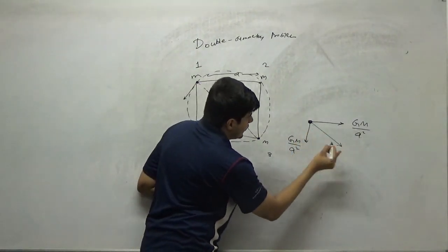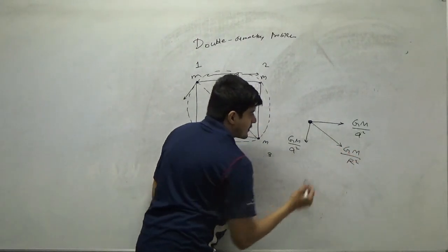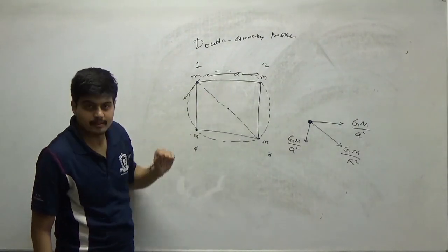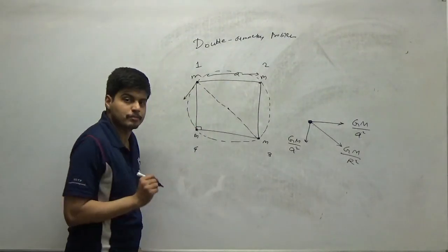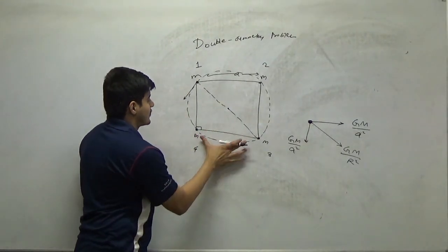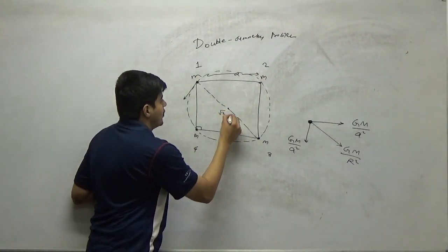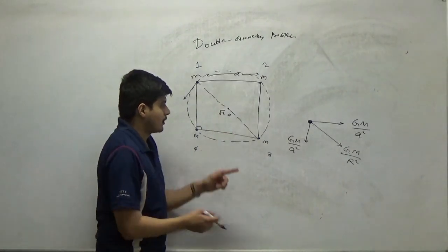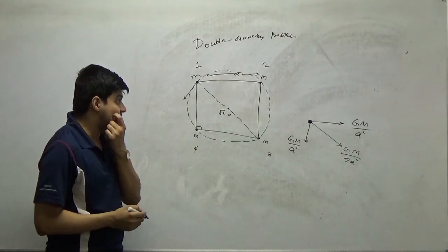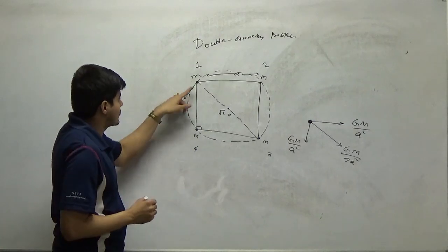At 45 degrees, mass 3 exerts a force which is GMm upon r square. I just don't know this r, and that's where simple mathematics comes into the picture. This is an isosceles triangle, both sides are the same, and this triangle has a 90 degree angle. So the other angles are 45 each, so this will be root 2 times a. So this has to be 2a square, which means